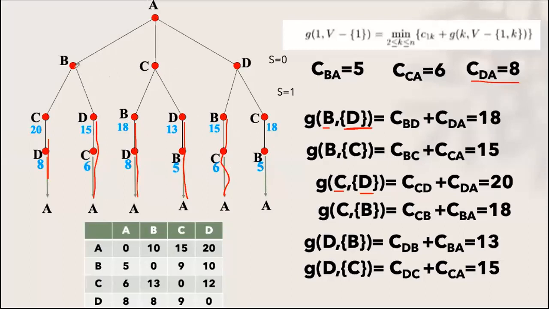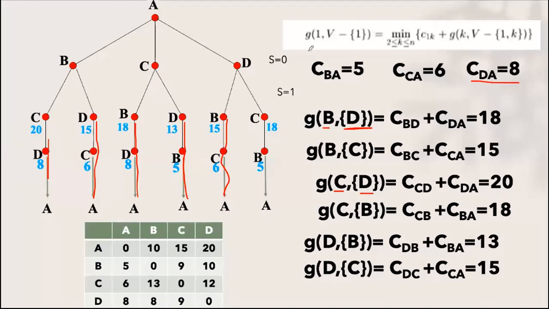Here, from B, either you can take this path or this path. So whichever is minimum among these two paths, that I will consider. From C, either this path or this path, among these two, whichever is minimum, I will consider. From D also, either this one or this one, whichever is minimum, that path we will take. When you come to A, among the three available paths, whichever is minimum, that we will consider.